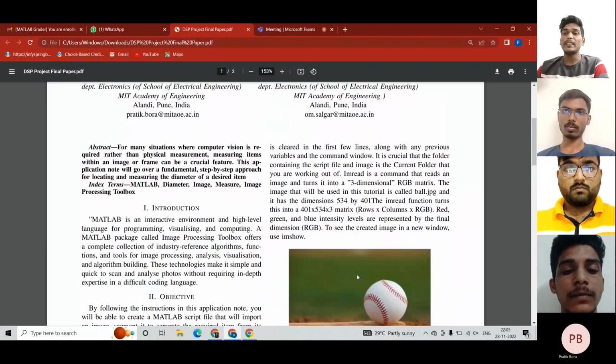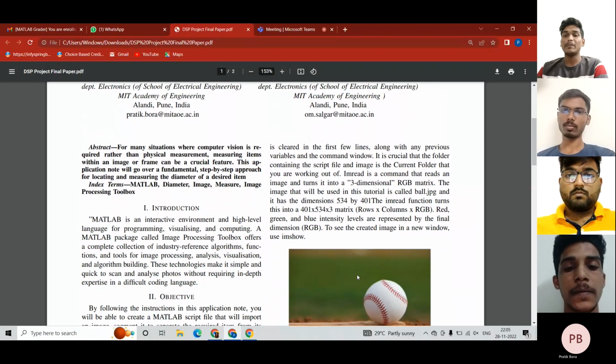Introduction. MATLAB is an interactive environment and high-level language for programming, visualizing, and computing. A MATLAB package called the Image Processing Toolbox offers a complete collection of industry reference algorithms, functions, and tools for image processing, analysis, visualization, and algorithm building. These technologies make it simple and quick to scan and analyze photos without requiring in-depth expertise in difficult coding